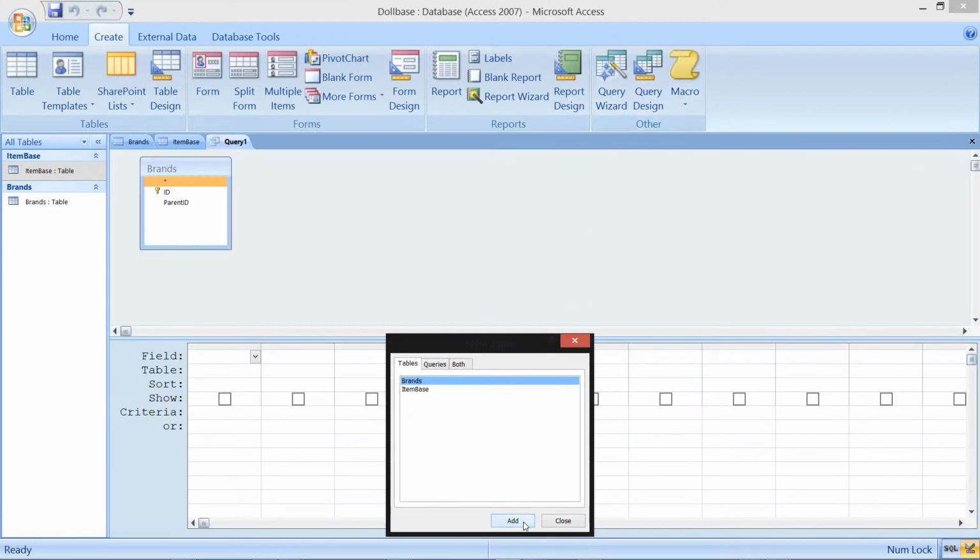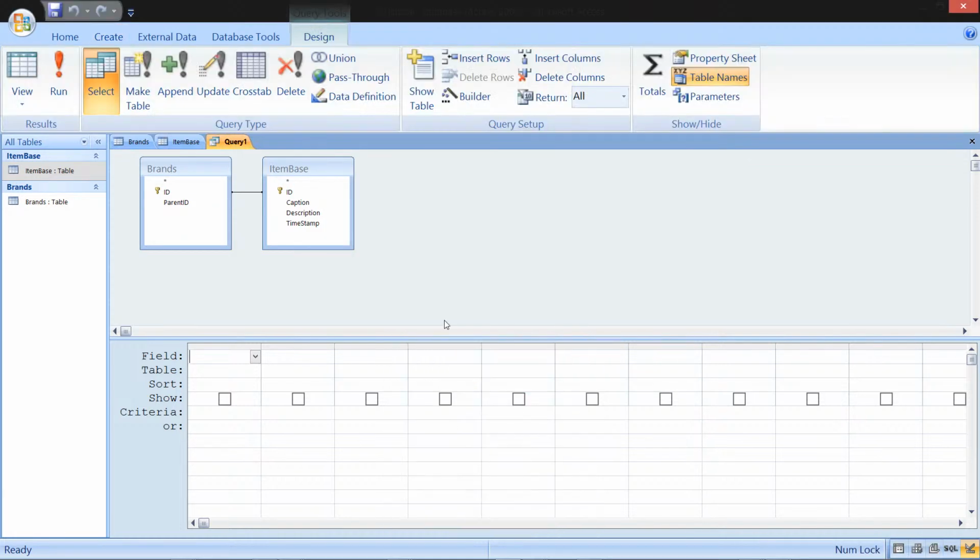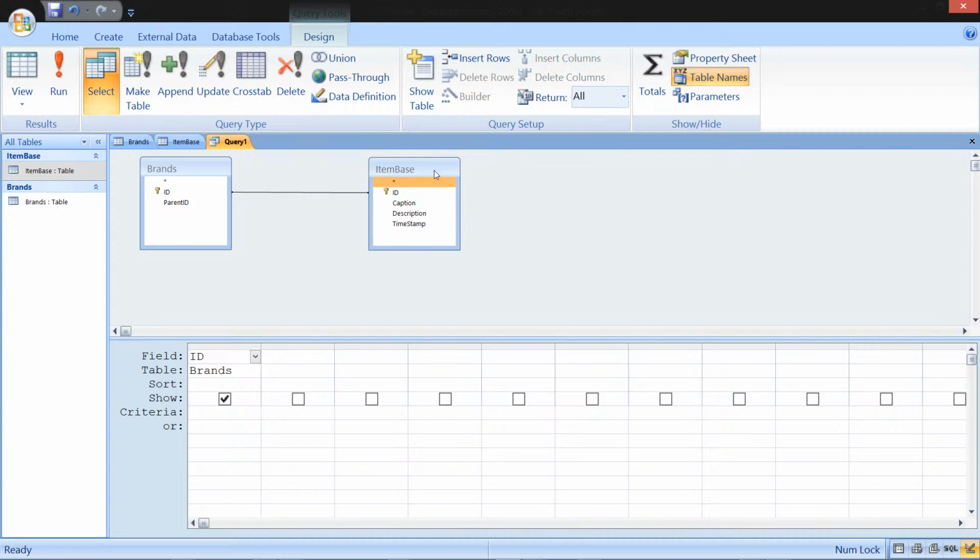We will have from brands the ID, the parent ID, caption, description, and timestamp. And we save it